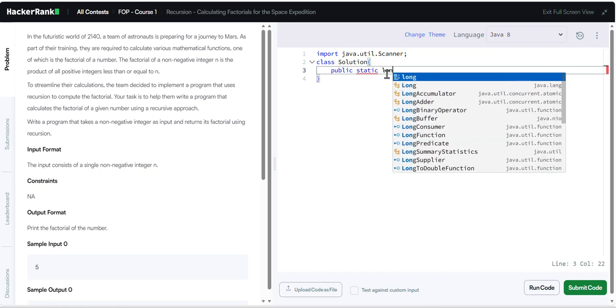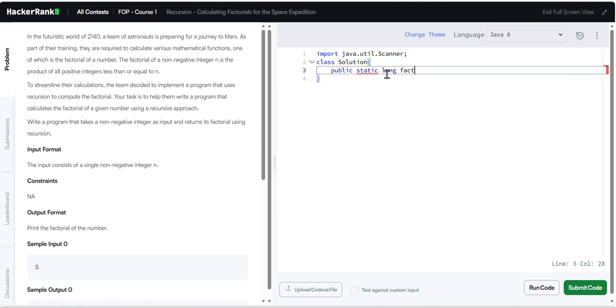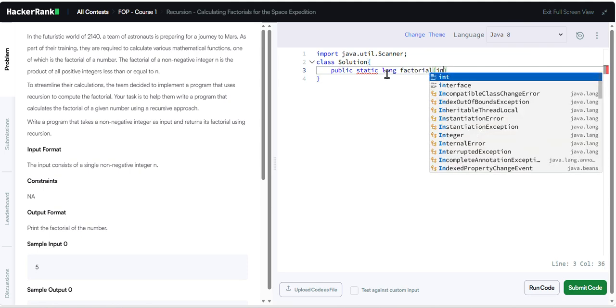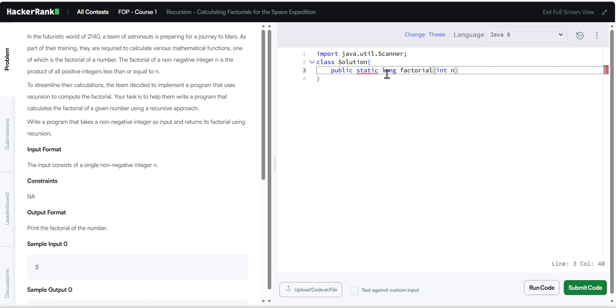Public static long, then the method name is factorial. I'm passing the argument as integer n. Public means it will be accessible from anywhere, and static means it can be called without creating any object. We can call this method. So I wrote this. Then long.